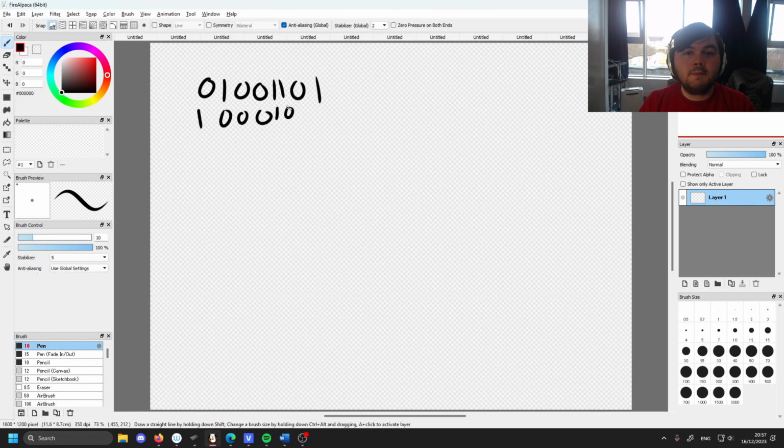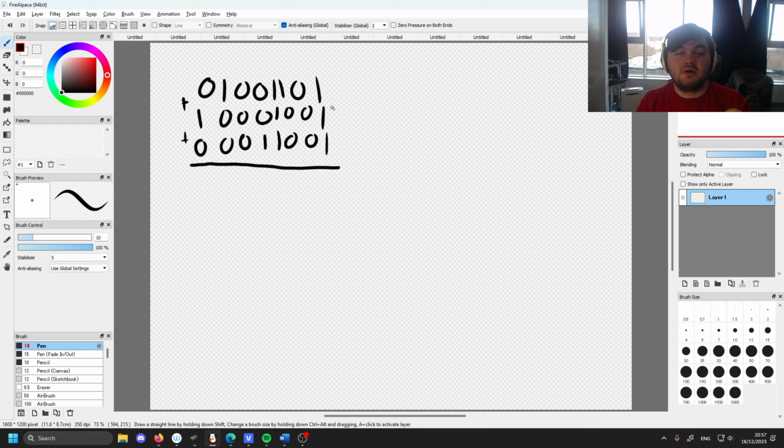Now for adding three binary numbers, it's essentially the same process. The difference is now that you have three numbers in a column, regardless of whether you have a carry or not. Fortunately, you'll never encounter a situation where you have 1 plus 1 plus 1 and a carry, which would be equal to 4. Suppose we want to add three numbers, the first two numbers from before, and now a third number,